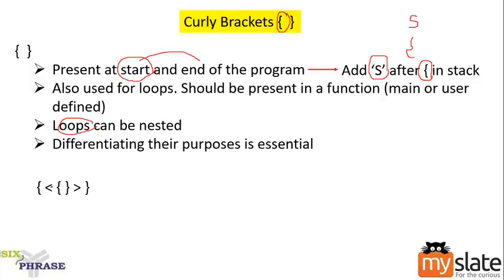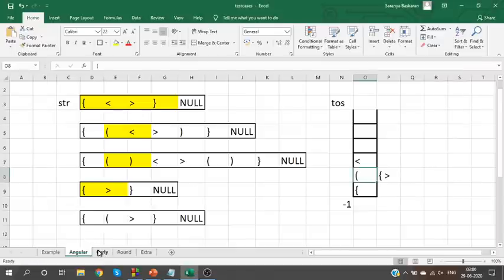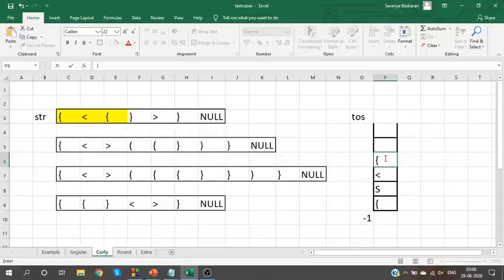Open bracket, angular brackets, looping part, close brackets. Right. So how does it work for us? First, when I see the open bracket, this is the first open bracket, which means I will push this open bracket and I'll add "yes", indicating this is the starting open bracket. Then we have a curly bracket, so just push it. Then we have an angular bracket followed by a curly bracket, push it.